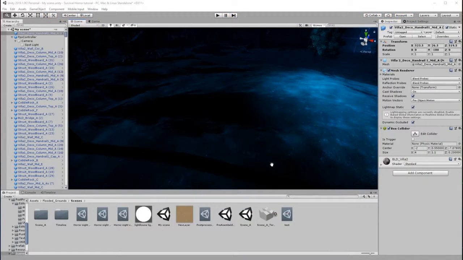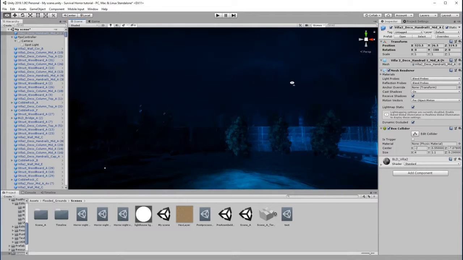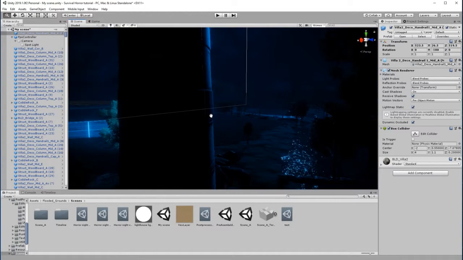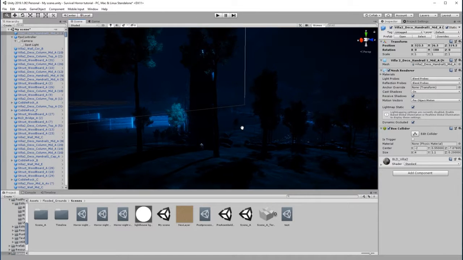Now we're going to add some light to the scene. It's really going to bring it to life and make it look really nice. At the moment it's quite dark, but there's nothing really to catch your eye other than this lighthouse. Okay, so we can use light not only to make the scene look nicer, but also to